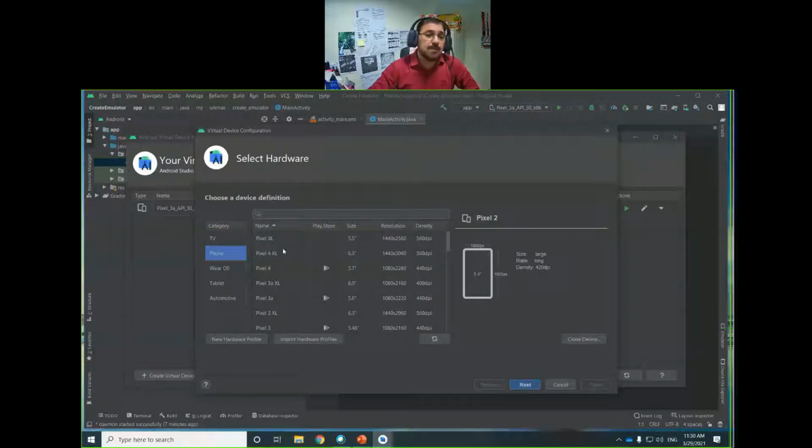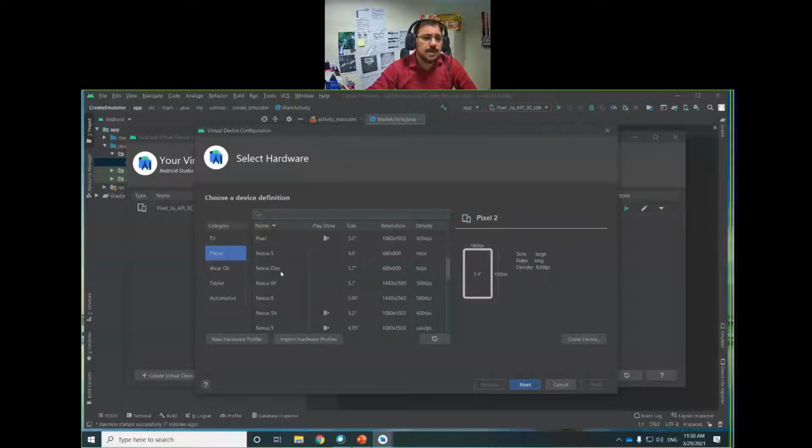Then inside phone, you again have many options. These options are about different phones, for example, what type of phone you want the emulator to look like: Pixel 4, and so on. I have created mine as a Pixel 2.